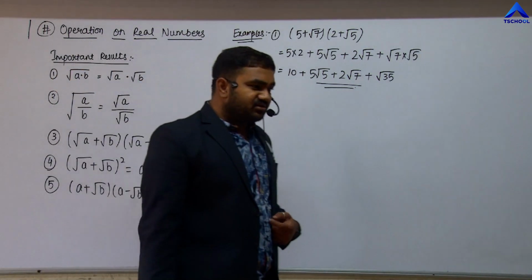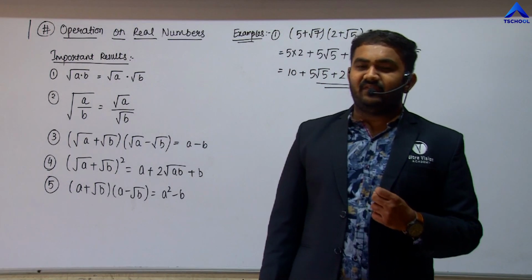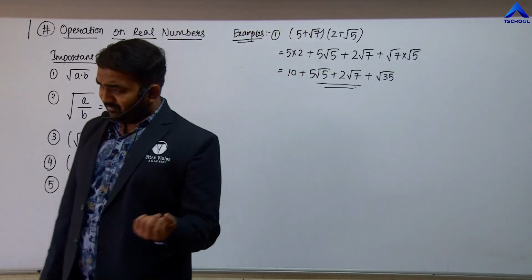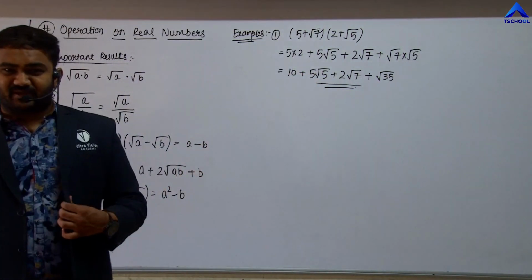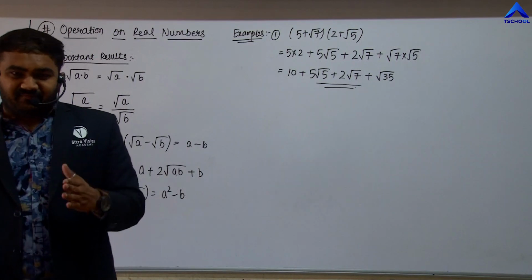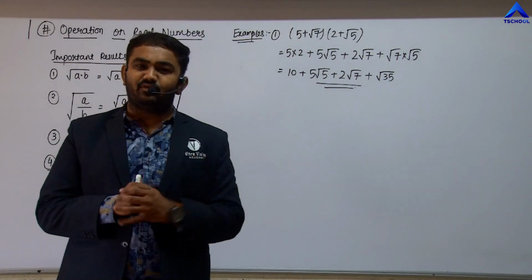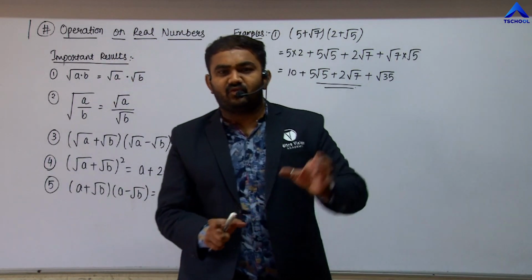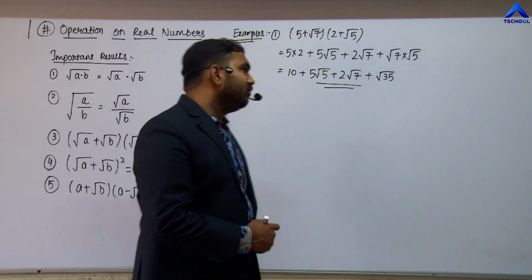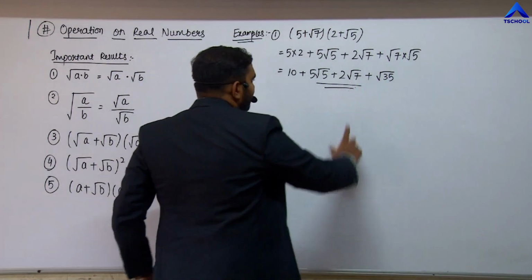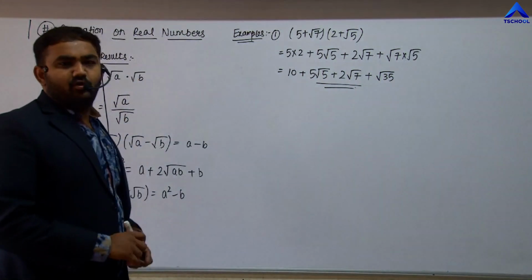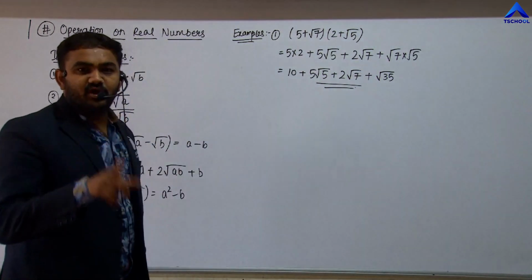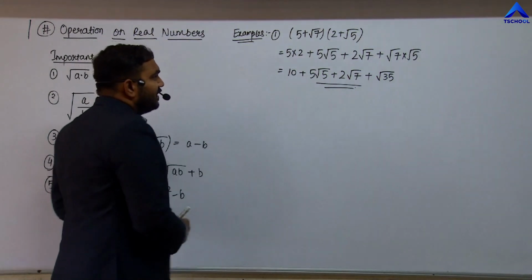Addition on irrational numbers is possible only when you have the same irrational numbers. That means adding 2 root 5 plus 5 root 5 becomes 7 root 5. But if you are to add 2 root 5 plus 5 root 2, that is not possible, because the first number has the irrational number root 5 and the second one has root 2. So here it is root 5 and here it is root 7, so you cannot add them. Don't make this mistake, friends, of writing 5 plus 2 as 7 root 12. That is not possible. So that is limited up to this step.